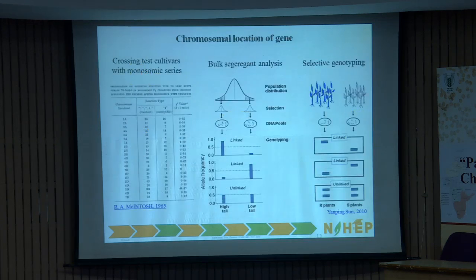So you understood. In identification or discovery of a gene, first is gene postulation. You know there is resistance, there is a novel gene. Then you go for development of a mapping population for the resistant line. Then you go